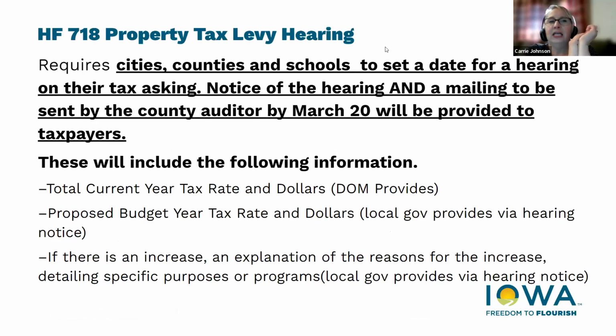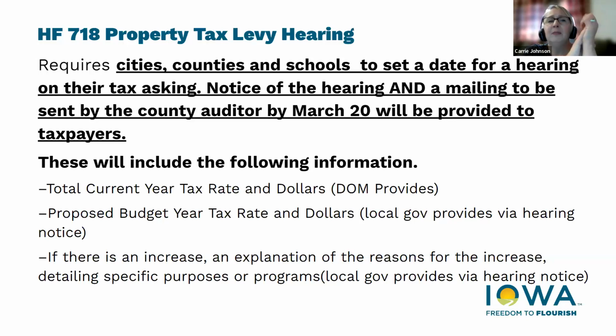So again, that House File 718 put in place that cities, counties, and schools have to set a date for a hearing on their tax asking. And the notice of the hearing and a mailing that's sent by the county auditor by March 20th is provided to taxpayers. So you've got to have a hearing, you've got to give your regular public hearing notice in the newspaper, and you also have to make sure the information is provided to the county auditor so they can do